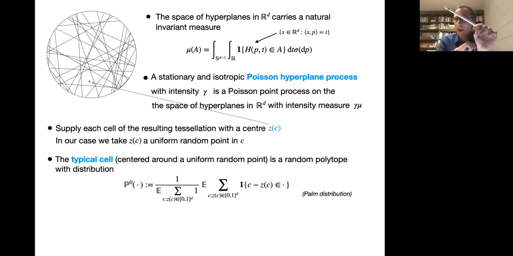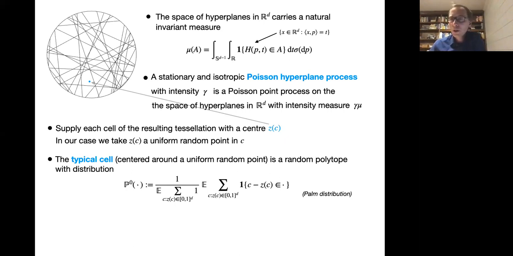This was the thing that happened in the tangent space. And then you take the limit as n tends to infinity, up to a rescaling by a factor n. This random polytope will converge in distribution to the typical cell that I just explained to you. And both ends somehow are very classical objects. So these Poisson hyperplane tessellations are very well studied, and these are very well-known objects in stochastic geometry.